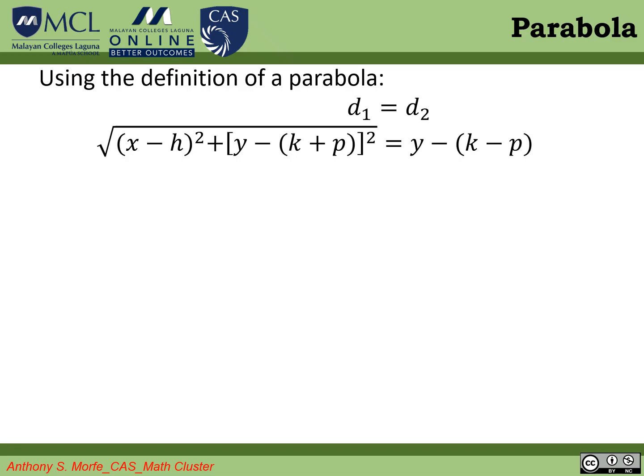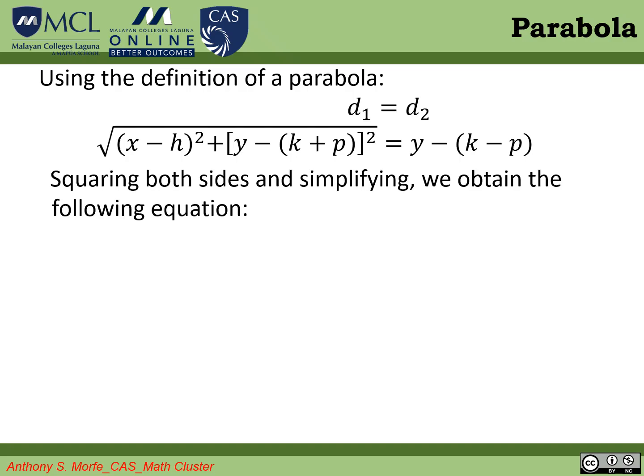So from here, if we square both sides, what will happen? This is what will happen, class. Squaring both sides, the radical here, which is the exponent 1/2, meaning the index here is equal to 2, and we have the exponent, or the power, equal to 2, so that cancels out. Then the right side becomes like this. Okay, then the equation becomes this one.